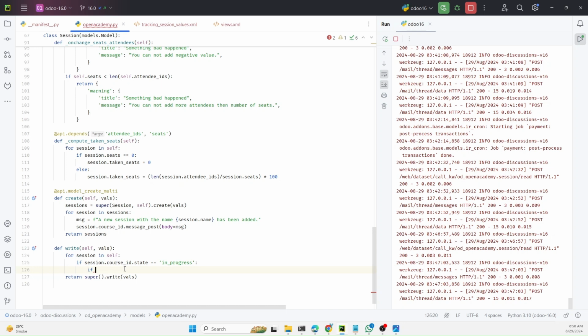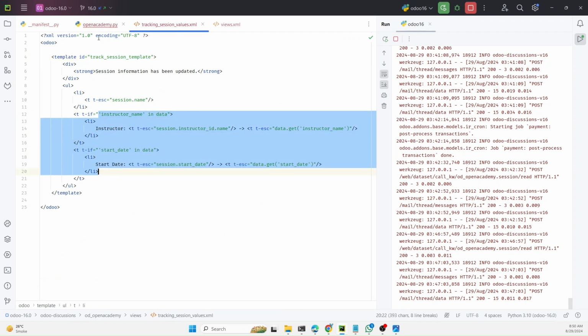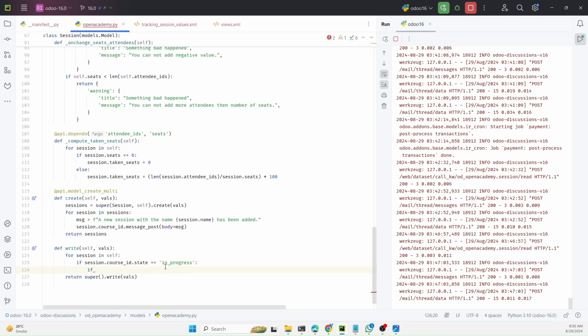For example, we have just added two fields tracking here, so we just need to check these two. First of all, I need to check if instructor id in values, or I need to check if state,